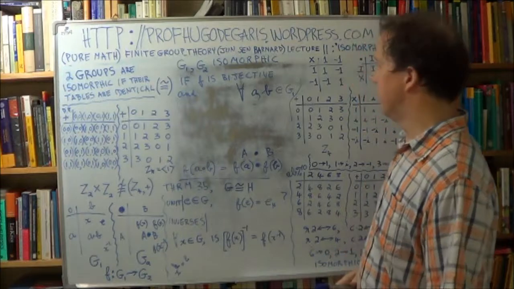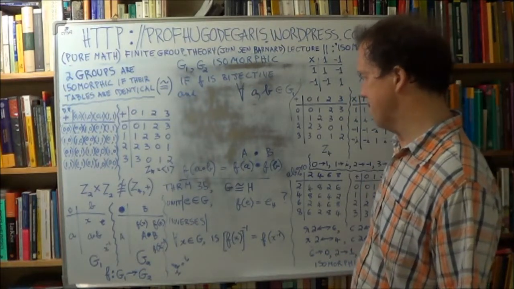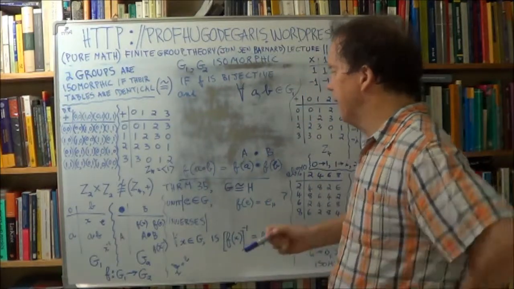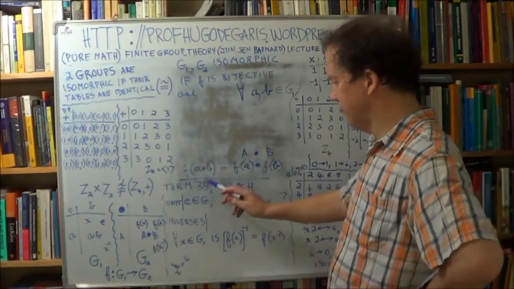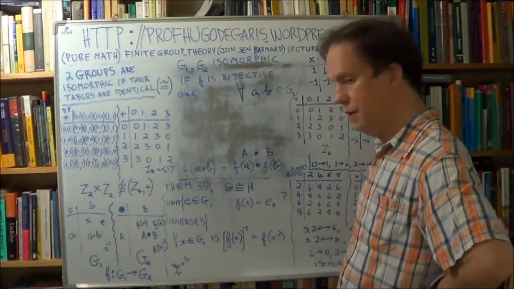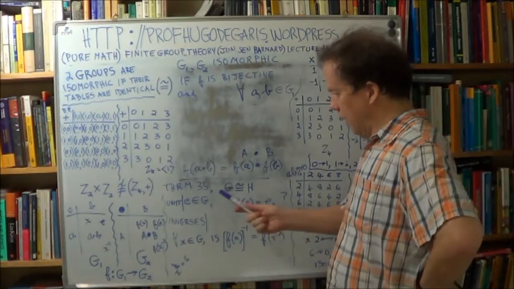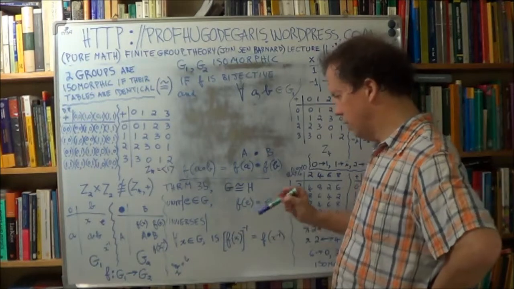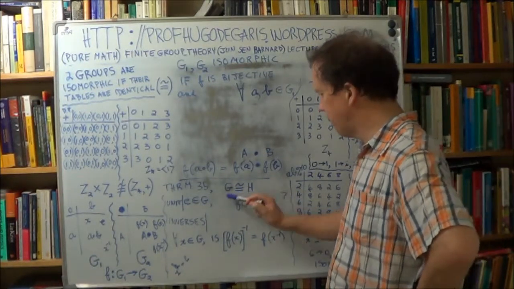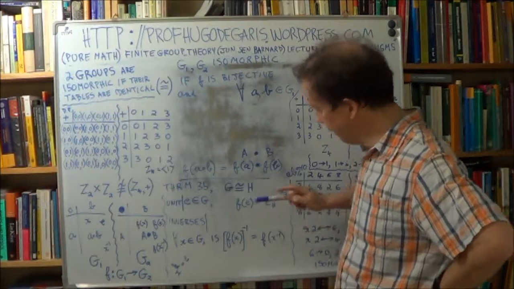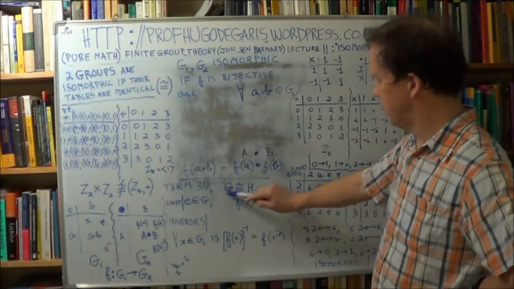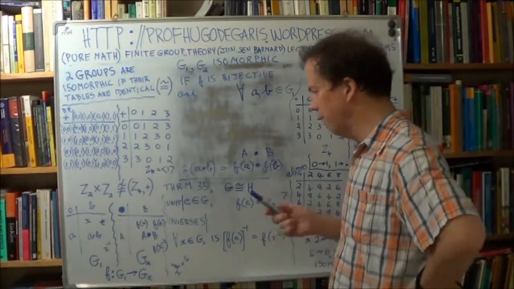Okay, all right. Well, now we've got a bit of theory, I can move on a little. So this is the first theorem of this lecture. It's theorem 35. You're told that two groups, G and H, are isomorphic. Right? So here's the isomorphism symbol again. So these two groups are isomorphic. Right? Now, question: